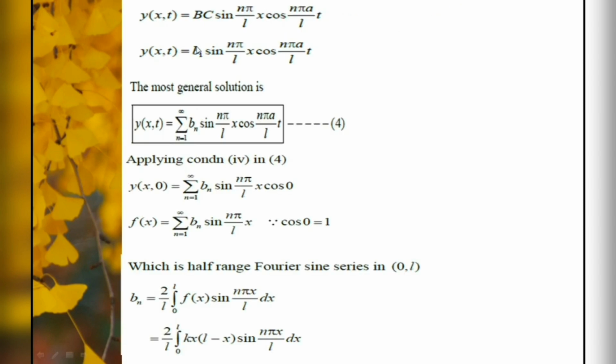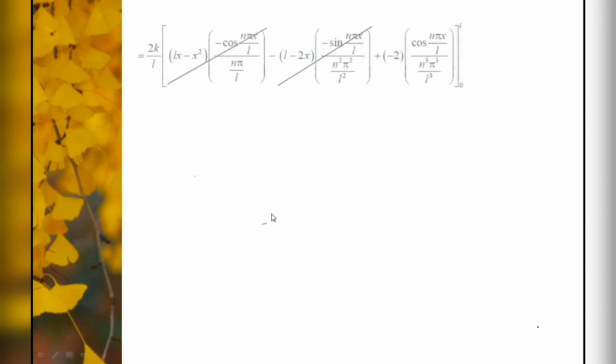Now for this we have to apply the Bernoulli's formula. Now let us take 2k as well as L outside the bracket. Now this is u, that is Lx minus x squared. Then in our problem we have sin n pi x by L into dx. So we have to integrate this. See, this is our u and this is our v dx, or we can take it as dv. So yes, we are applying the Bernoulli's formula.